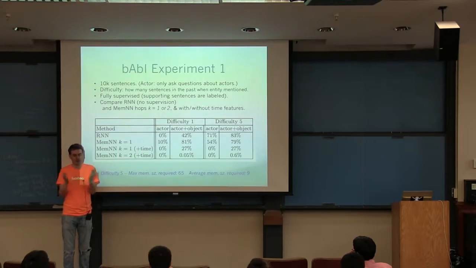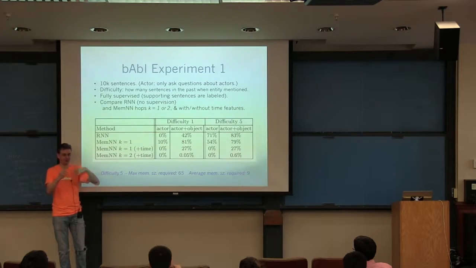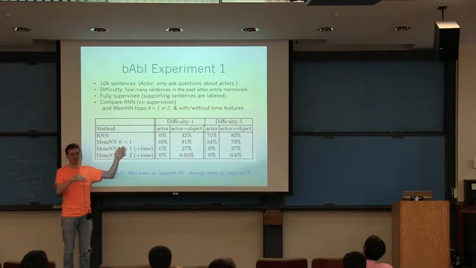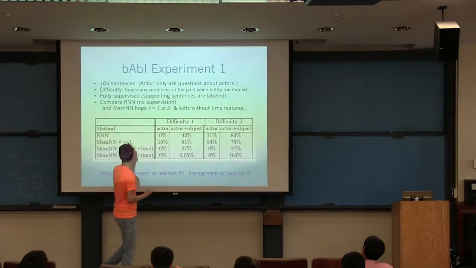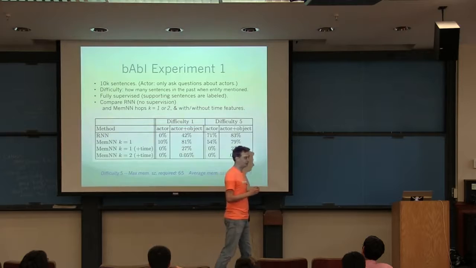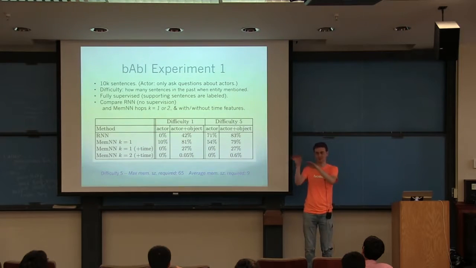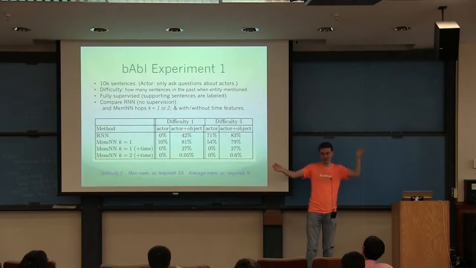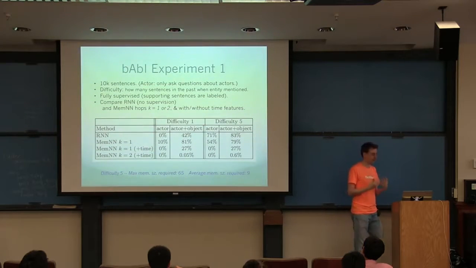The RNN, on the other hand, basically can only solve the actor task when difficulty is 1, because it doesn't have this capability of having a memory. So unless the supporting facts happen just before the question, it's forgotten them if they're 5 statements ago. So that's basically the problem. While an RNN is great for things like machine translation, where you just go from an English sentence to a French sentence, as soon as you've got many sentences, you need something else. Basically, you need some memory or attention mechanism.